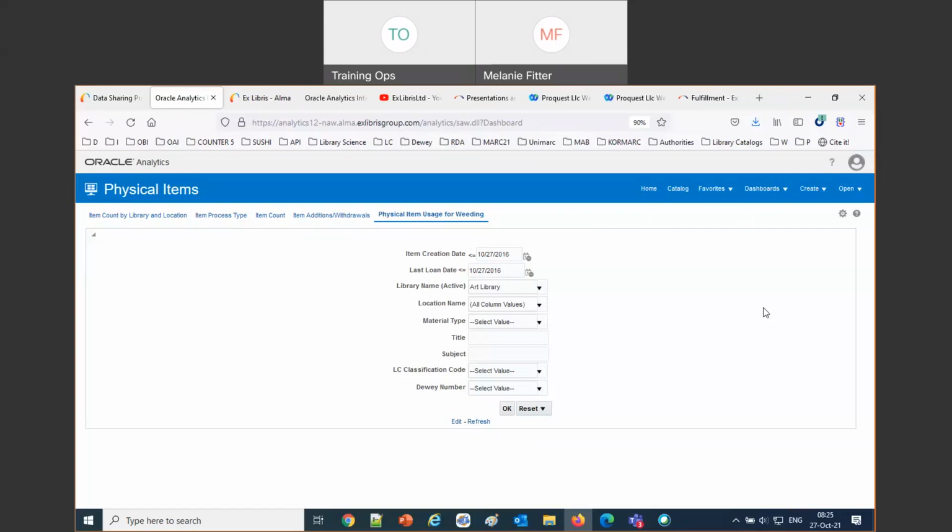And then I can do it by library, by location, by material type. Let me get just the books, because serials usually aren't loaned anyway. I can do it by word from title. I can do it by word from subject. I can do it by a classification code. And let's say, okay, so now I'm getting every item